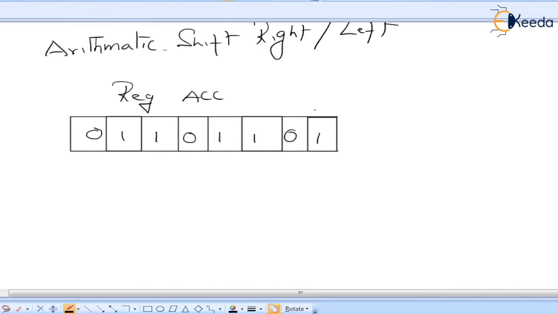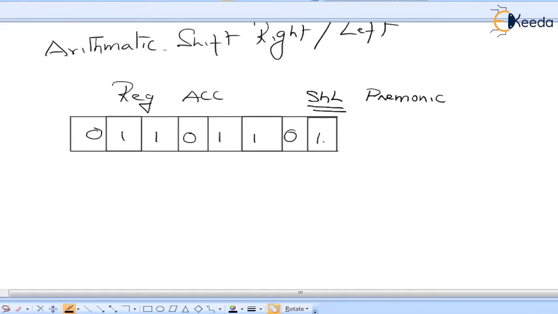Now I'm going to perform a logical shift left. This SHL is a shortcut for logical shift left. A shortcut which is written in a few alphabets can also be called a mnemonic. The mnemonic for the logical shift left is SHL. Now I'm going to perform logical shift left on this register. When logical shift left is performed, each and every digit is going to be shifted to its left subsequent bit position.